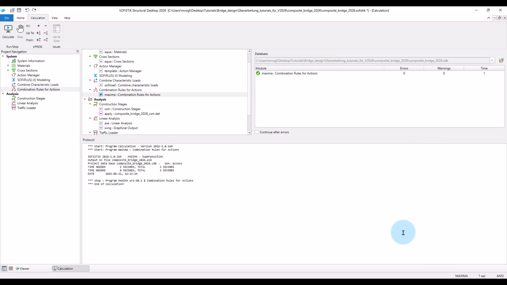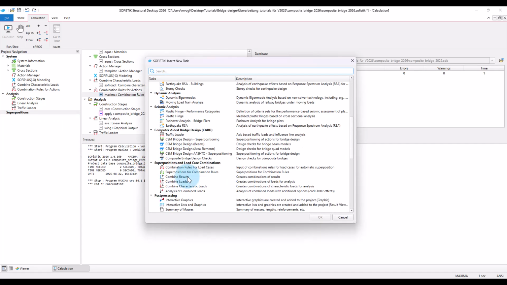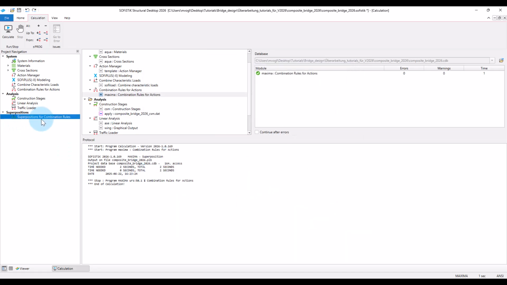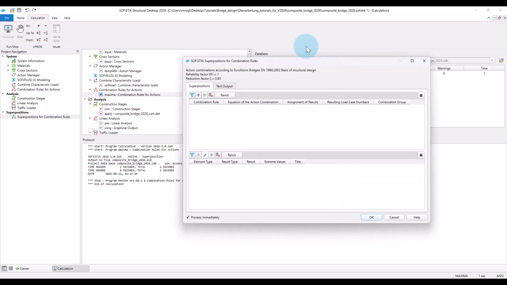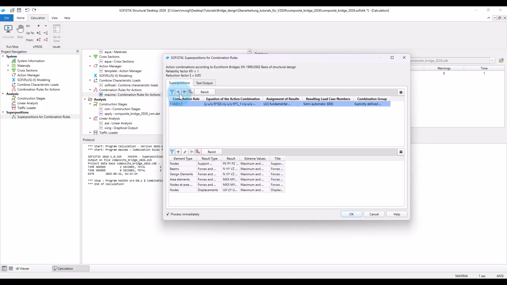Next, we carry out the superpositions. For this, we use the task superpositions for combination rules. Insert it, open the task, and add the combination rules for which you want to have a superposition.